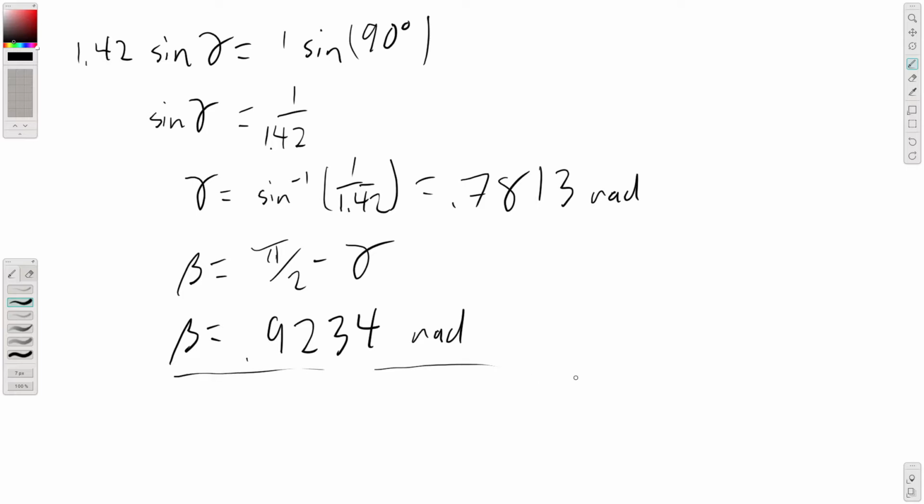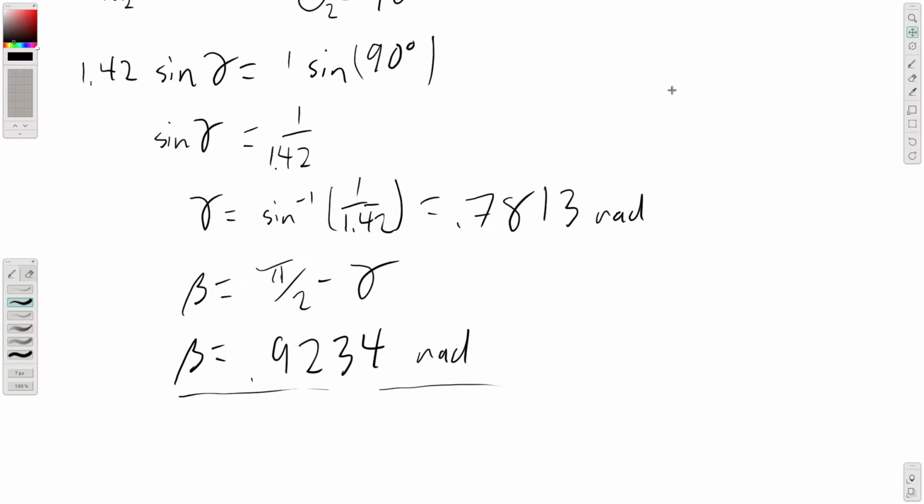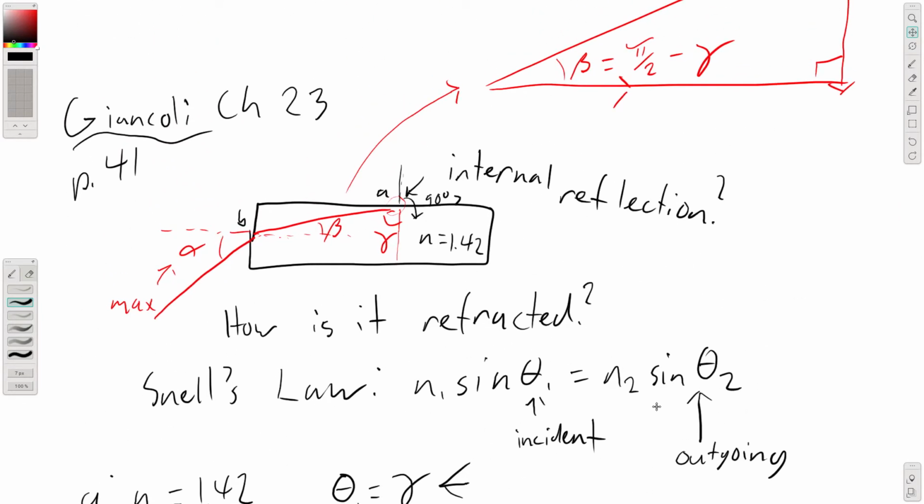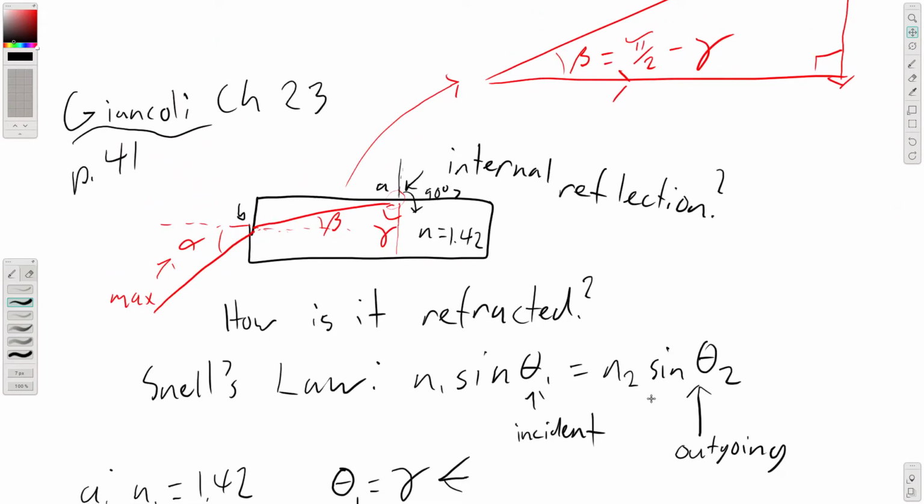Cool. Progress has been made, and now we look to see, all right, I now need a relationship between alpha and beta. This is often how these problems go. You'll move from one part of the geometry to the next, gradually picking out what you do and don't know. So alpha and beta are both incident at the same place. They represent parts of the journey of this ray of light, parts of its lifeline, and we want to connect them with the